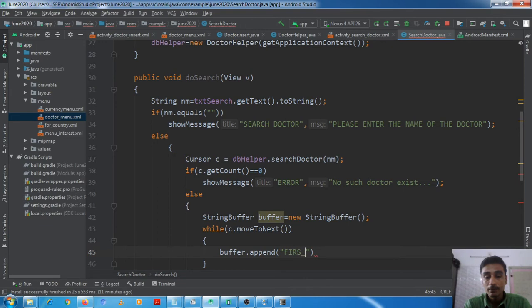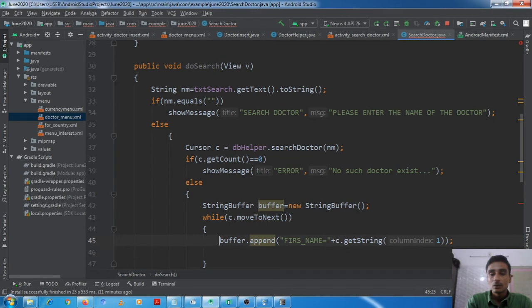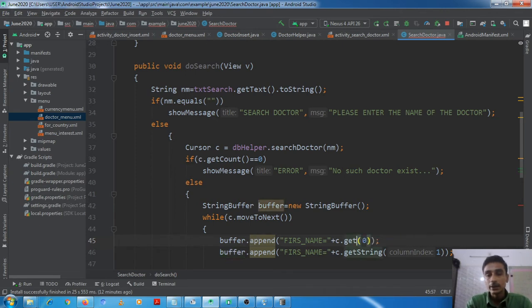First name equal to, then c dot get string 1, because the column at index 0 is doctor id. We are just displaying the doctor first name. You can also display the doctor's id. For that we have 0 here and here integer.